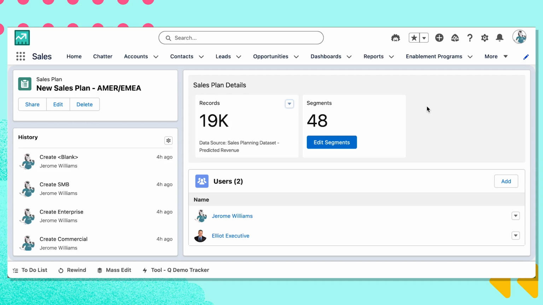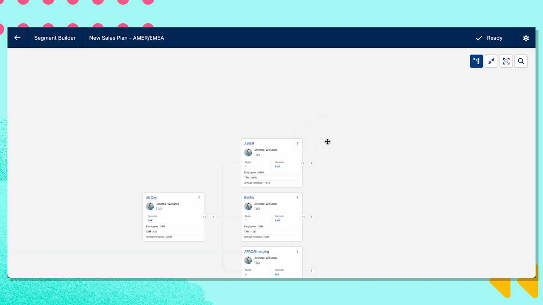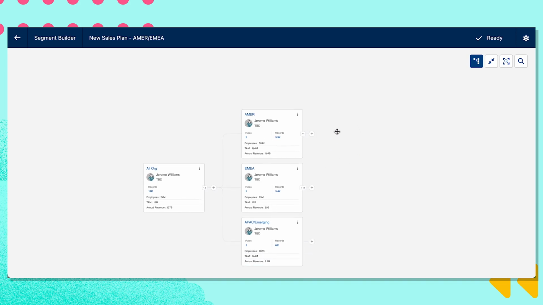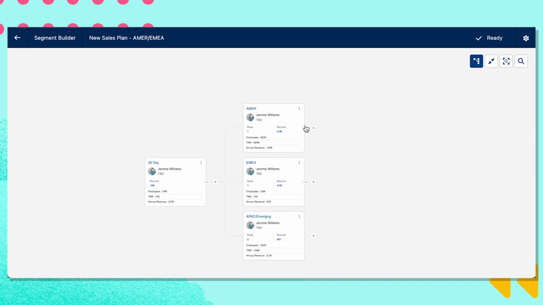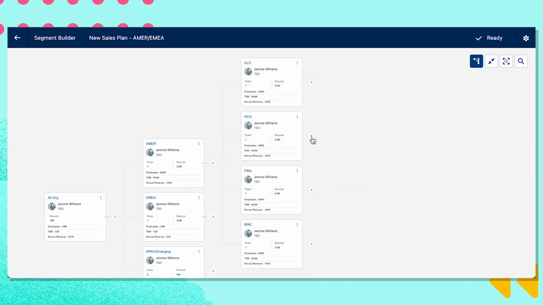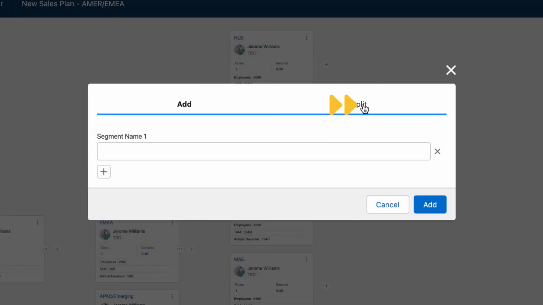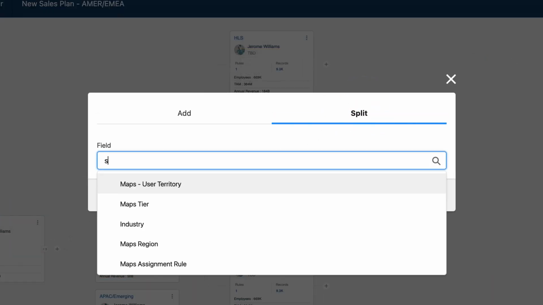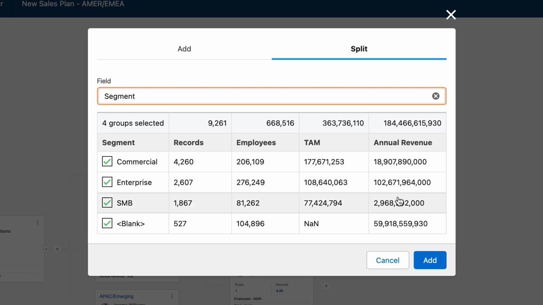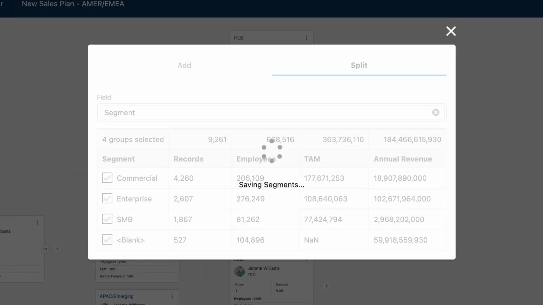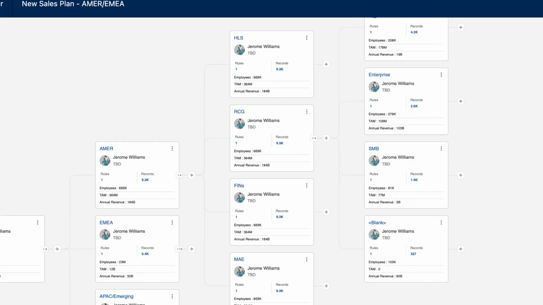Our next step is to segment our sales organization. Just like here at Salesforce, we go to market by segmentation according to region, by industry, as well as by company size. As you can see, it's very easy for me to write intuitive rules, allowing me to break up my business in a way that makes sense to align with our go-to-market strategy.